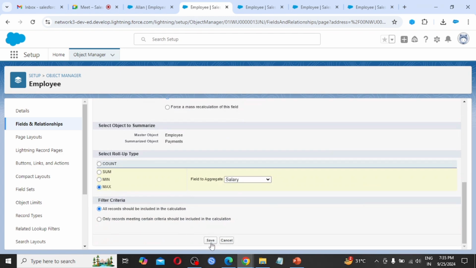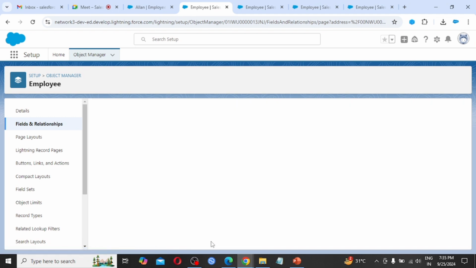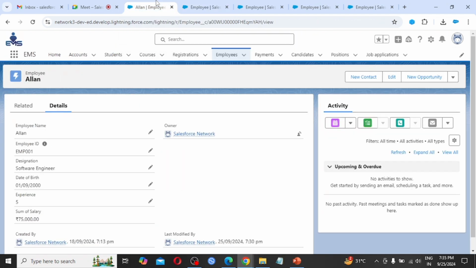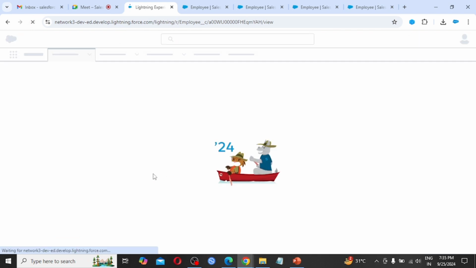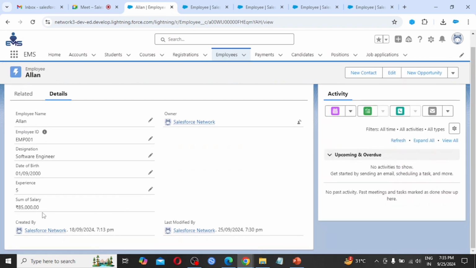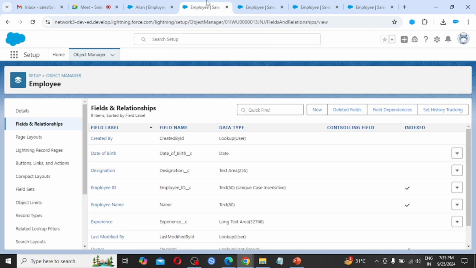Click on save. Again coming back to our application, simply refresh this page. In the month of December, he is getting 85k salary. Perfect, it's giving the data.